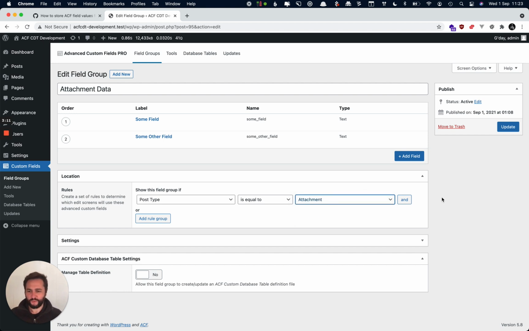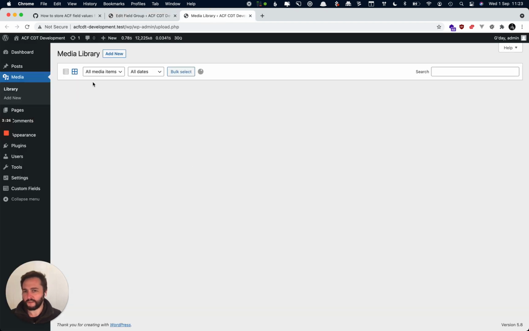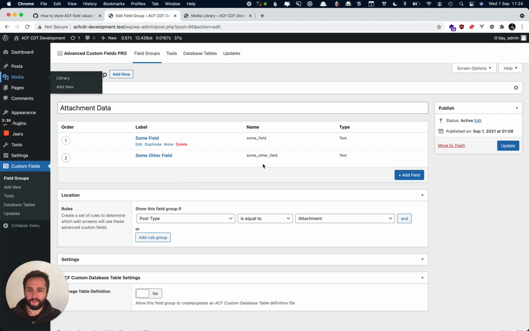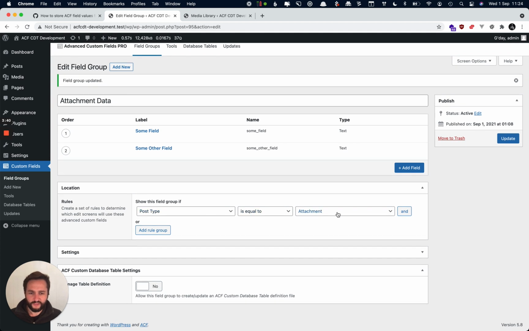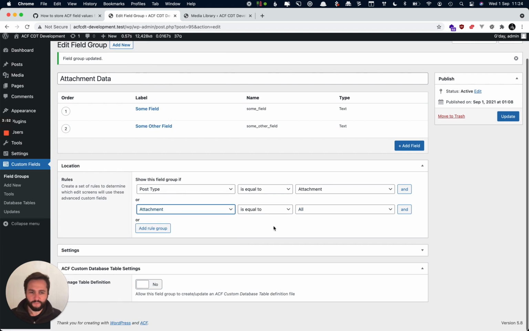Now, out of the box, it's probably not actually going to work, because this will allow you to create the table, but these fields probably aren't going to appear. If I go and update this for a second, let's just have a look. I'll go back to media, I'll open one of these and you'll see that the ACF fields don't appear, right? Because ACF is expecting the location rules that it knows in order to render fields here. So basically what you do is you leave this rule in place, post type is equal to attachment, and then you add another rule that specifies the attachment form, okay? And if I update that again